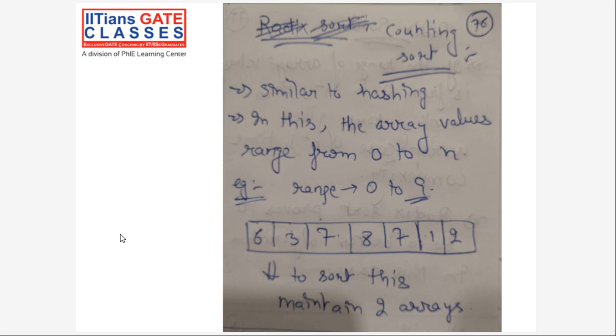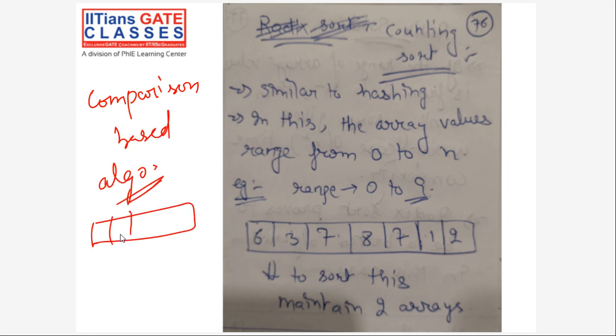So last class we discussed what? Comparison based algorithms, right? See, comparison based algorithm means you have some numbers, and by comparing two numbers, the whole value, you're trying to decide which one should come where.